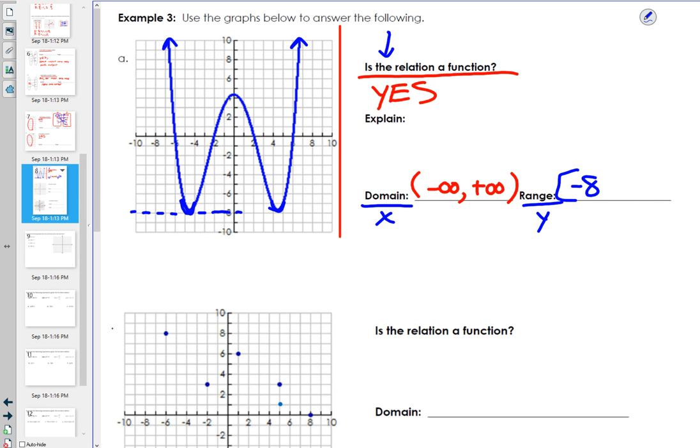Comma. Now for range, I would use the big end, because it's continuous in between. There are no gaps in between. And for the y that's up, those arrows are pointing up, so it is going from -8 all the way to